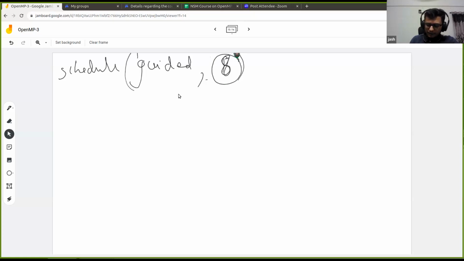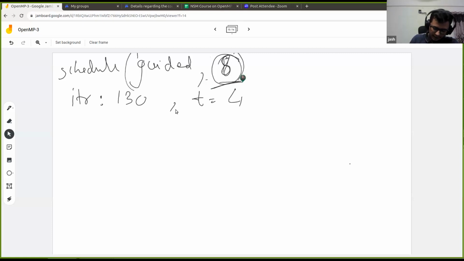So what OpenMP will do here is, okay, let me be more specific. Let us say that the number of iterations is, say, 130 iterations, and we have 4 threads, right? T equals 4. Now OpenMP makes the quantum, the amount of work to be given to each thread on each assignment, based on this chunk size.